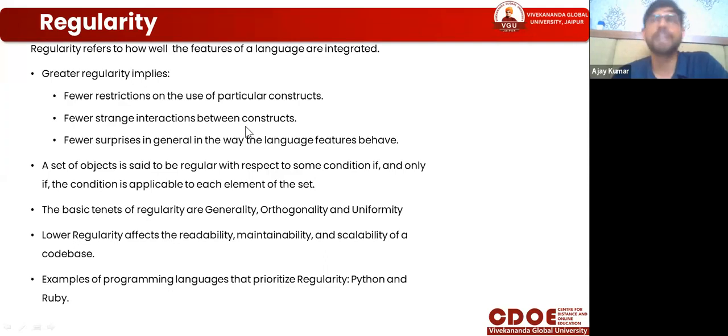After that, these paradigms follow some kind of systematic approach to get better results, and that part is called efficiency: system efficiency, program efficiency, working efficiency. Efficiency means your result is faster, taking less time, taking less space. And then regularity: all these tasks are completed in a regular manner, not today, not tomorrow, but in a kind of manner that the coding part takes less time to produce a good result.